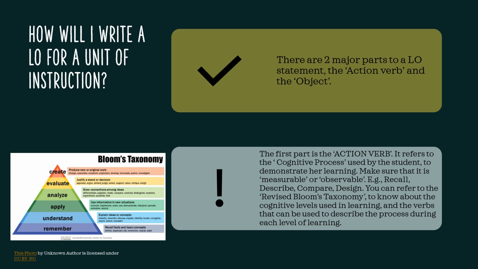There is an easy location to get these verbs from. It's called Bloom's taxonomy. Educationist Bloom mapped the cognitive process into different levels from fundamental to complex, beginning with remembering to creating, to describe the thinking process or the cognitive process in humans. Bloom's taxonomy also provides us with the action verbs that describe each particular level of the cognitive process. These verbs can be used by teachers in creating learning objectives.